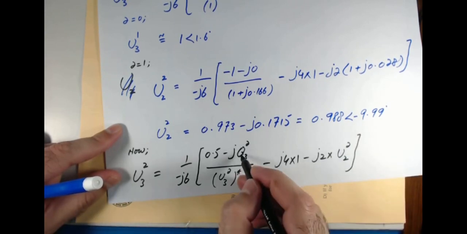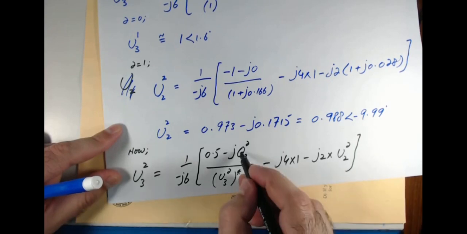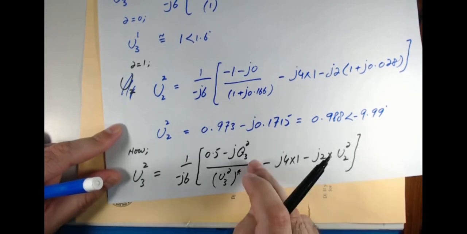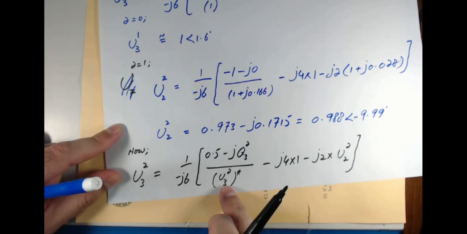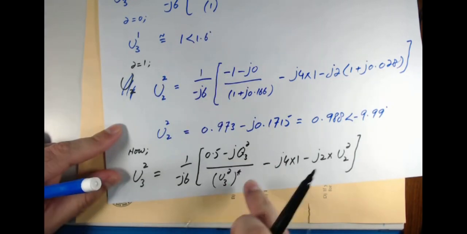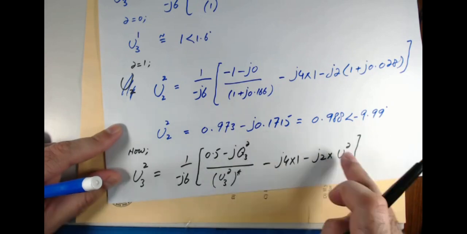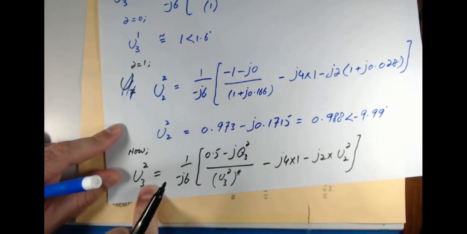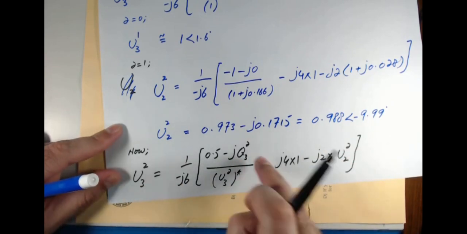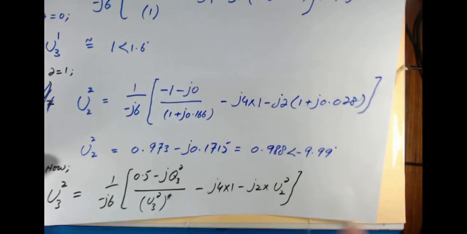But first, as I mentioned, we have to determine this value, and once we determine it, we will put the value of the Q. Also, we know this from the first iteration, which is this one, and we will put this value here of the U2 for the first iteration. We will determine U3, but before that we have to calculate Q3 for the next iteration. So now doing that,